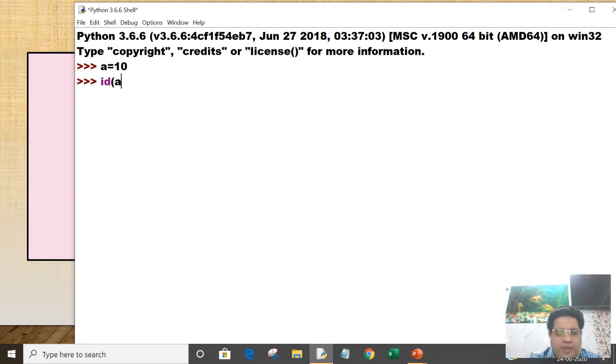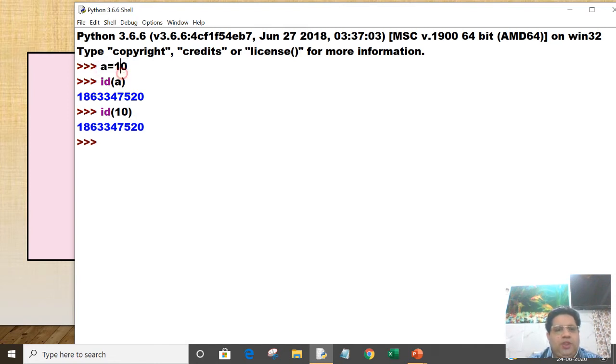You will write id(a), and you will get the address. Here id is giving the address that is pointed by a. Now if I cross check this address, if I give id of 10, you will get the same value.